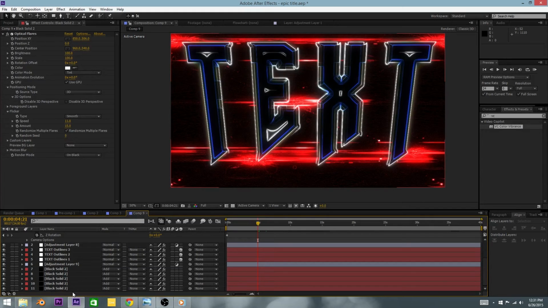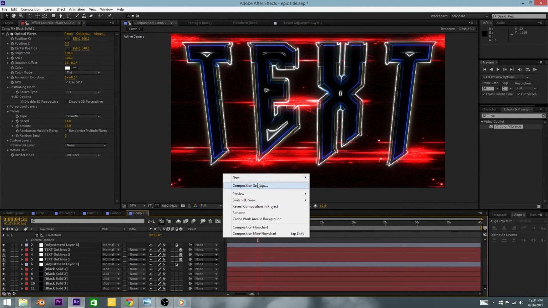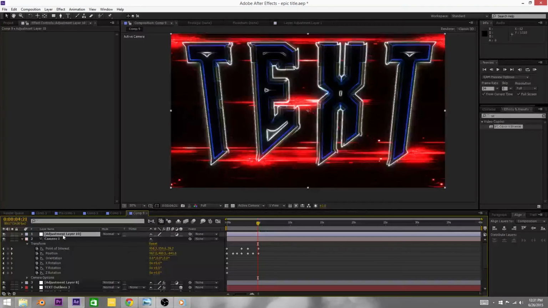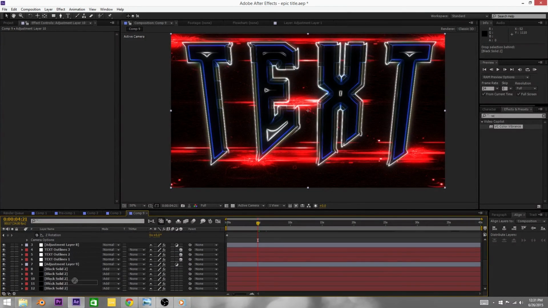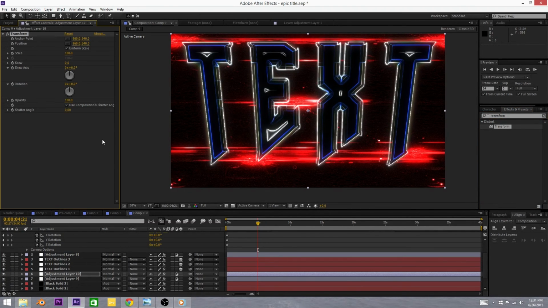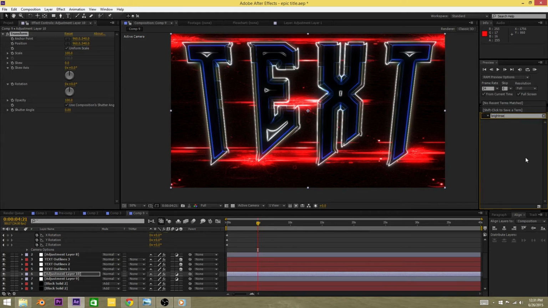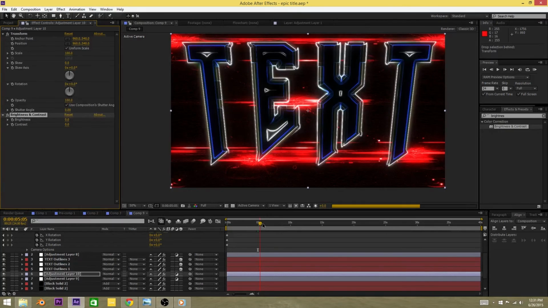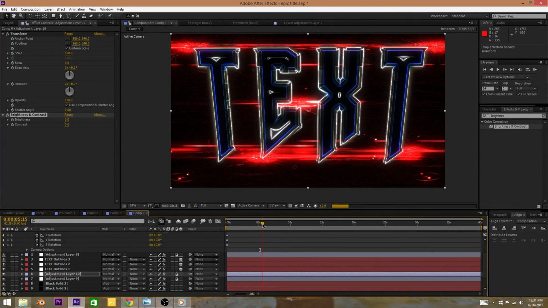We're going to want to add one more adjustment layer, or you can throw everything onto that adjustment layer, but to keep things a little neater, I'm just going to make a new one, and I'm going to put this over where the lens flares would be. Then I'm going to put a transform control on here. And I'm going to put a brightness control on here. There we go. And I think we can give it a couple seconds here, and then we'll bring it out. So what we'll do, we'll set this keyframe here, and then